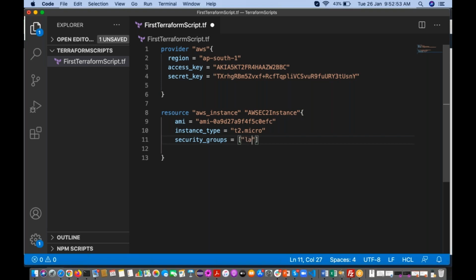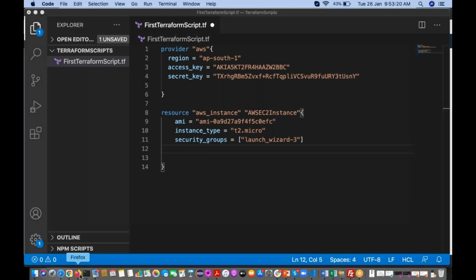Okay, launch underscore wizard hyphen 3 is there. This is one security group, right? And after creating this EC2 instance, whatever I'm going to create, I want to connect to that server. Did you remember, if you want to connect to that EC2 instance, you should have a PEM file. So already I have one PEM file.